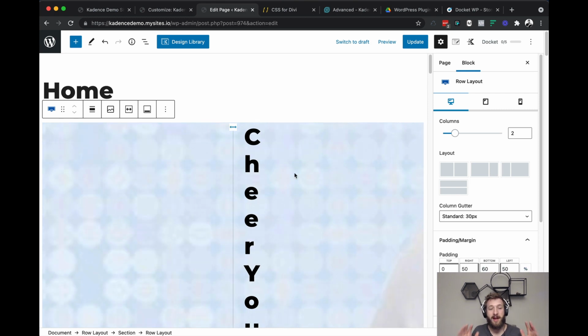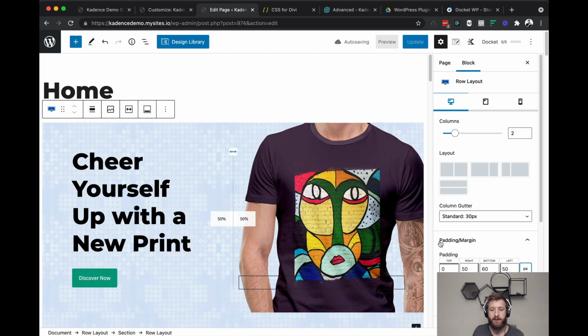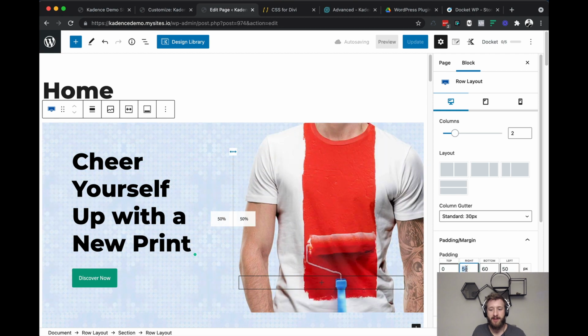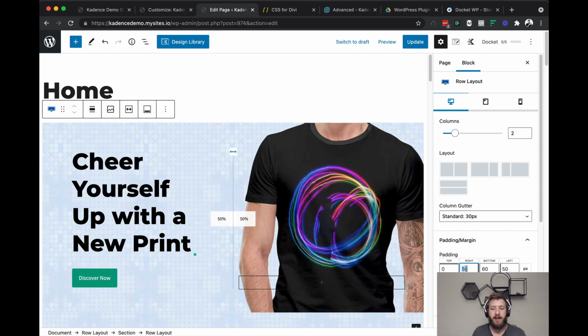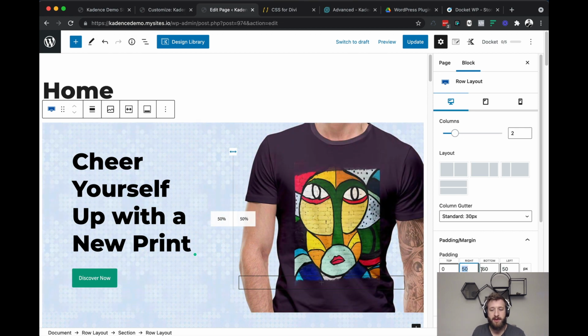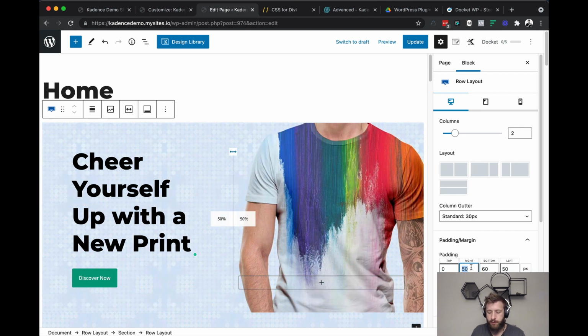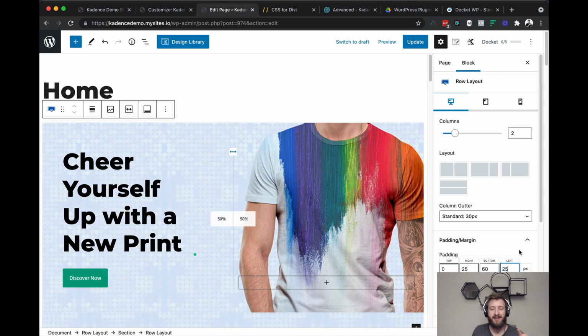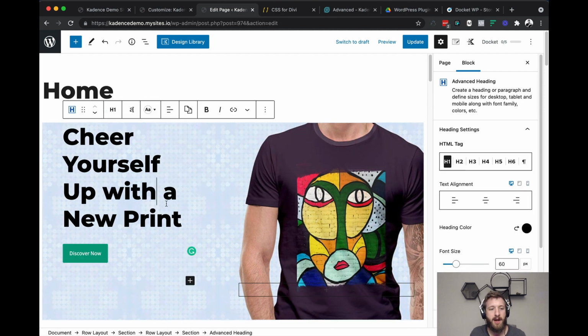So within a row block, or within a column for that matter, whatever units you set for one breakpoint, those are going to be used for all breakpoints. So if you need to adjust your top and bottom margin or padding, you can do that in pixel units, whether it's your row or your column. But if you need to start doing things left to right, especially when you come into mobile, I recommend doing that on your column.